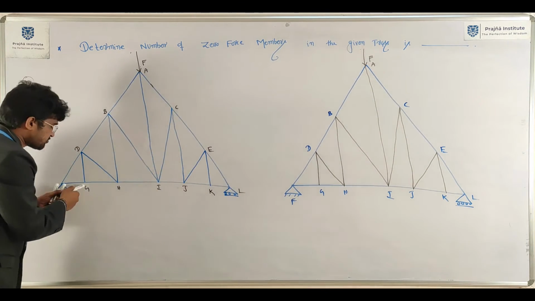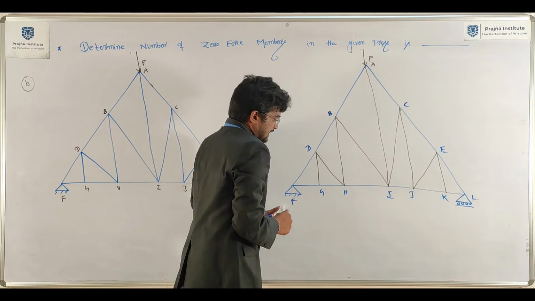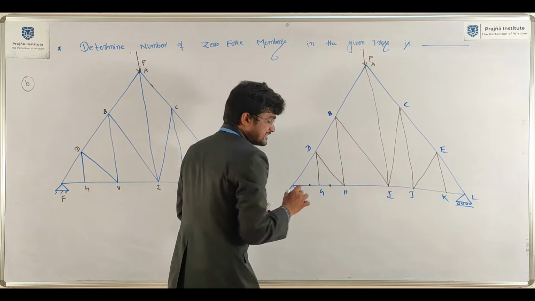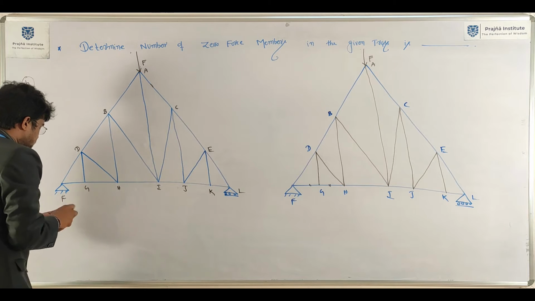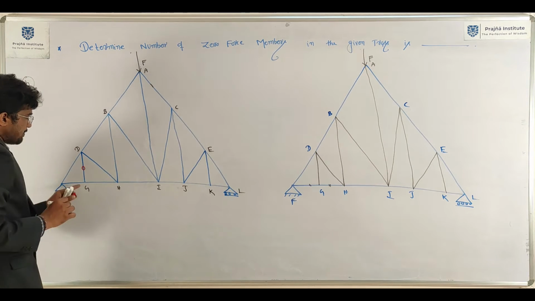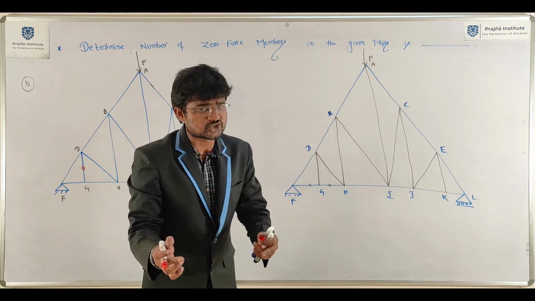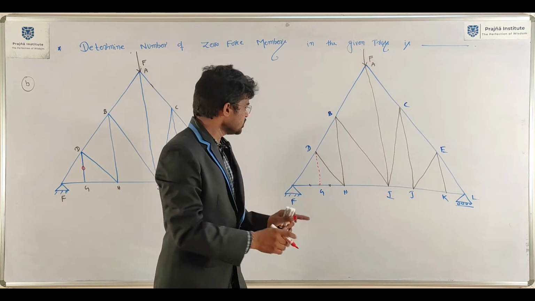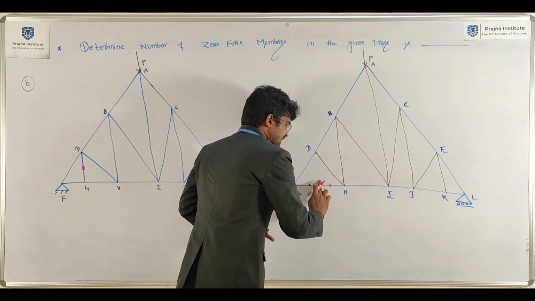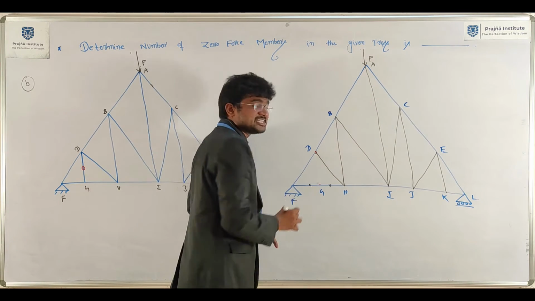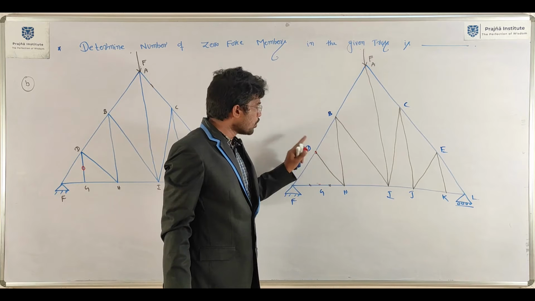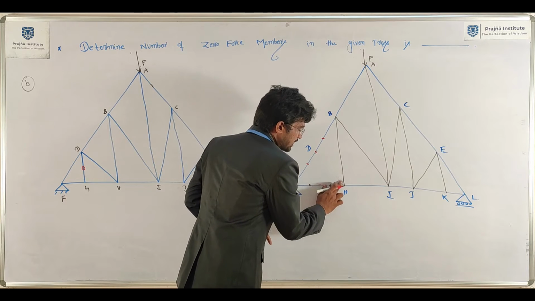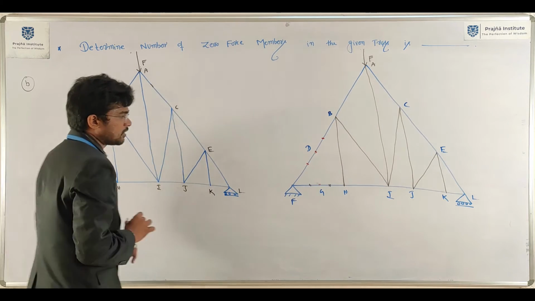So here start from here. These two are collinear, of course. Then force in the non-collinear member must be 0. So force in the member DG equals 0 because no load acting at the joint. Just remove this. Now tell me how many members are meeting at this point? 1, 2, 3. No load acting at the joint. These two are collinear. Then force in this member equals 0, of course.